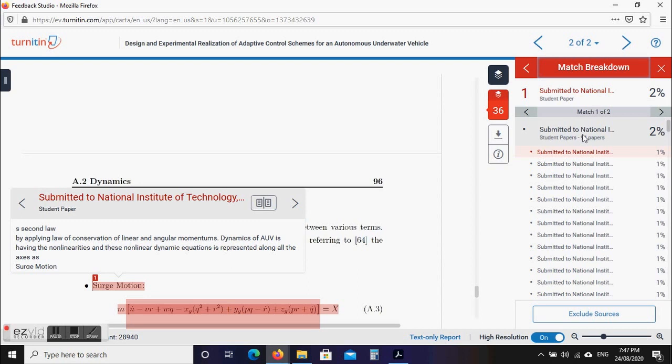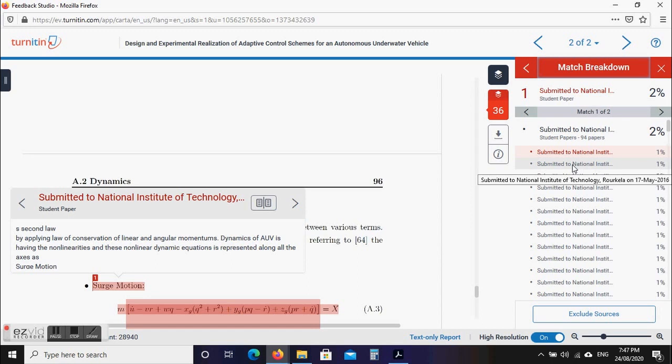But imagine a situation where someone at IIT, suppose Madras, is also using Turnitin, and some student or teacher has also submitted an article to the Turnitin repository. In that case, it will display some matching, and instead of submitted to National Institute of Technology Rourkela, it will indicate submitted to Indian Institute of Technology Madras.